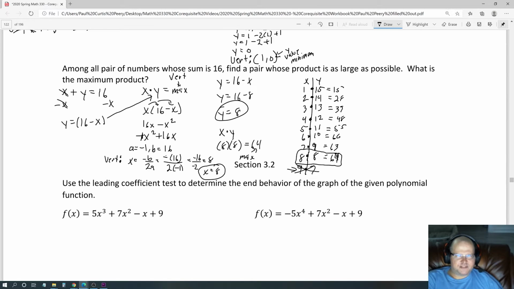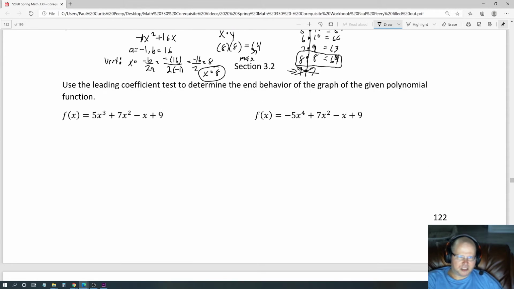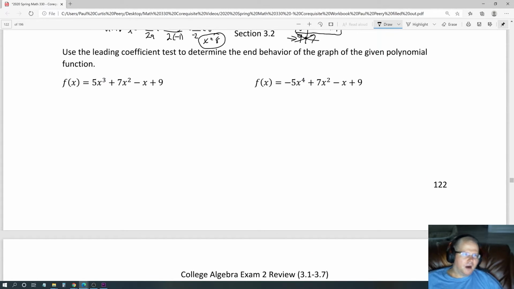Unless they tell you specifically how to solve a problem, in which case you don't have that kind of flexibility. You need to solve the problem the way they told you to solve it. But if they don't specify, generally speaking, you're free to solve it by inspection or other means. So that's okay. All right, so using the leading coefficient test to determine the end behavior of a graph of